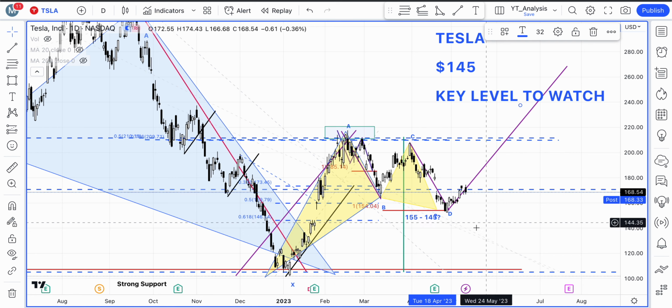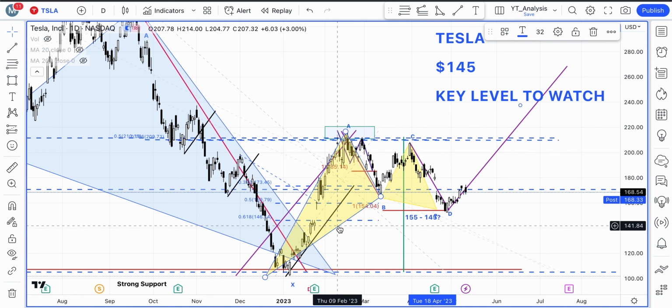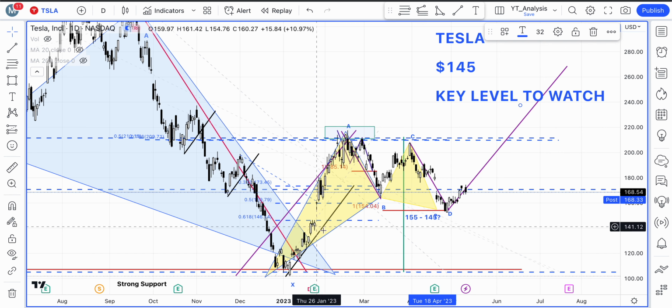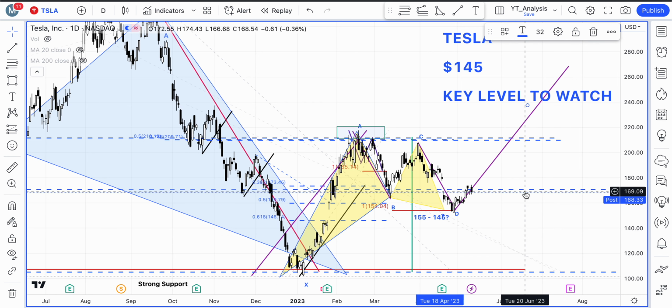From our analysis perspective, again on the downside, if this D level fails here, we have the 61.8% Fibonacci retracement coming around $145 per share level, and we have this open gap which the price could likely fill. But for now, it looks like the price is actually